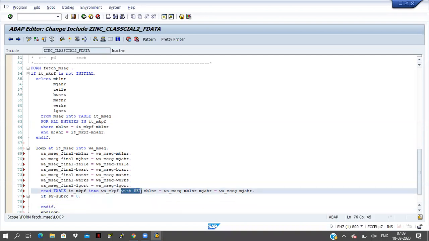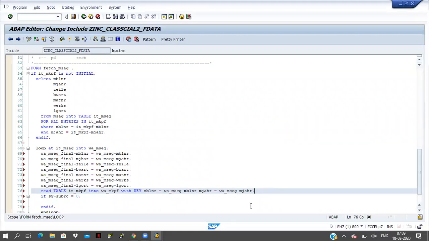Whenever we are using read table syntax, in place of the where condition we have to write with the key. I am not writing AND here, because I am taking two conditions. Operations like AND, OR, or not equal to won't work here; only equal to will work.